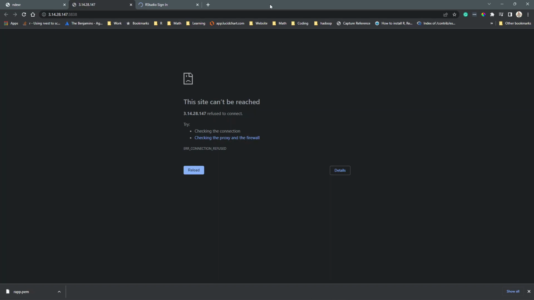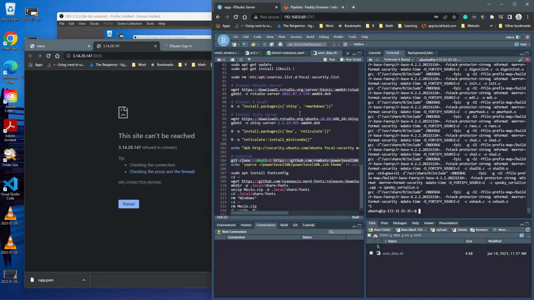So it's been a minute since I've actually validated everything that I'm doing here. So I might need to, let's see. Oh, well, Shiny and Markdown are being installed. And I think yep, RStudio server, then Shiny and R Markdown, and then this. So that's actually what it looks like is happening